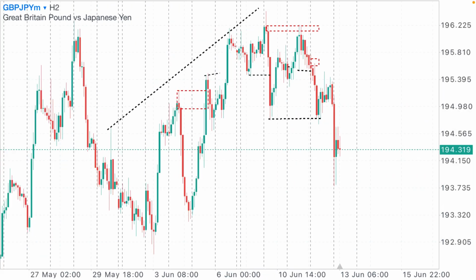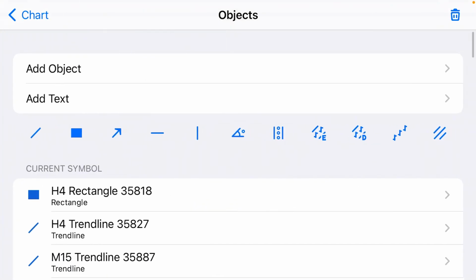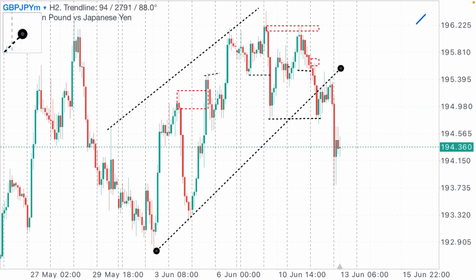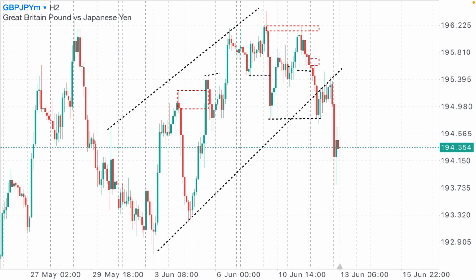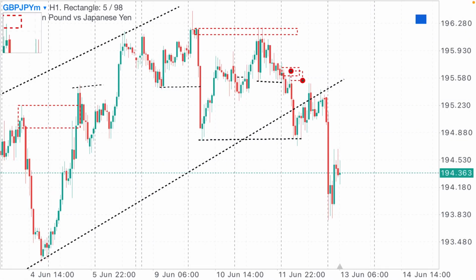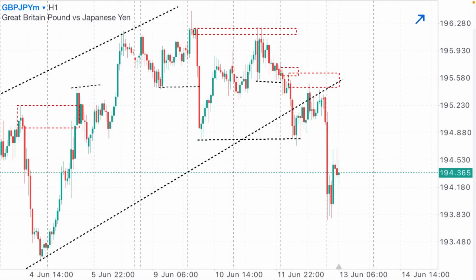Then I had to shift to H2, and then I realized that we had a trend line there. The market has been respecting that trend line, and then they broke out of the trend line. Then how many confirmations do I have? I got 2 confirmations, a break of structure and a break of the trend line. Then I cashed a sell from that area there all the way to here,